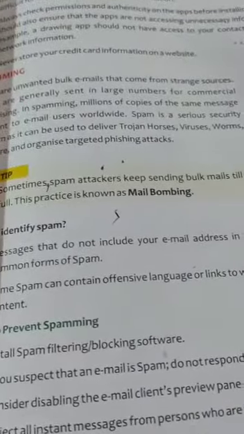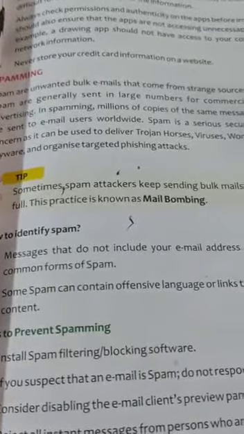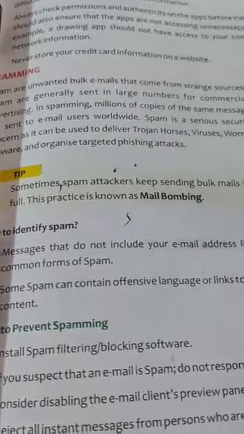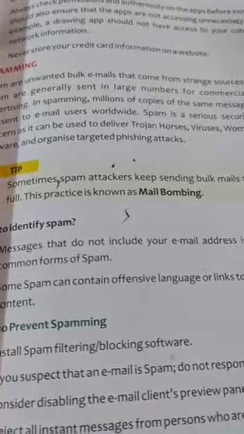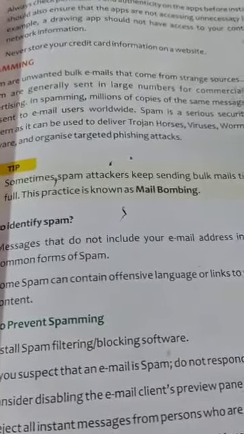The user opens that email, and it might contain Trojan horses or viruses that spread on your system and can harm the content of your hard disk.